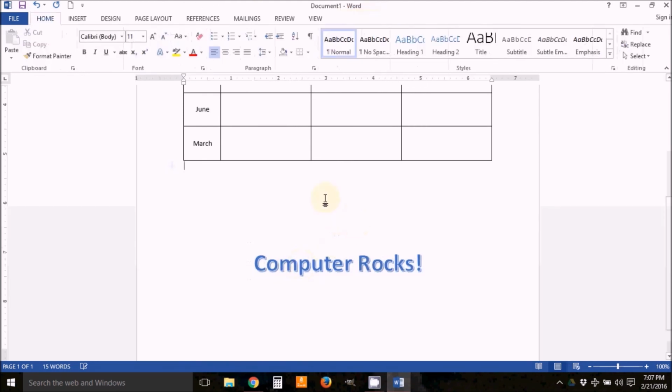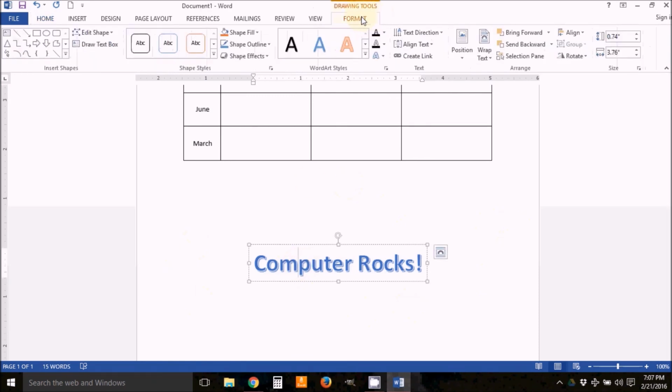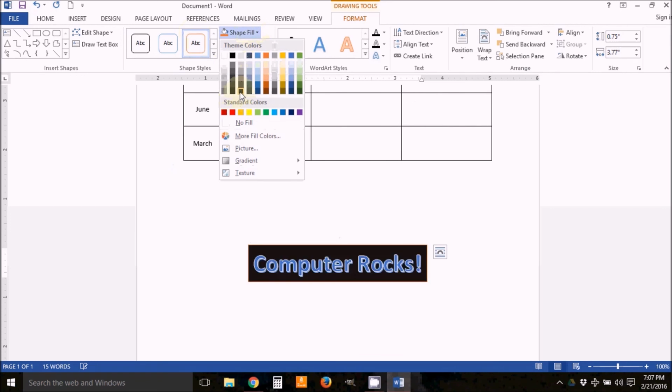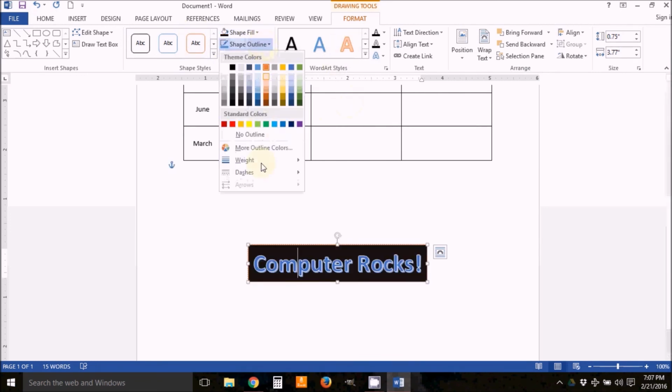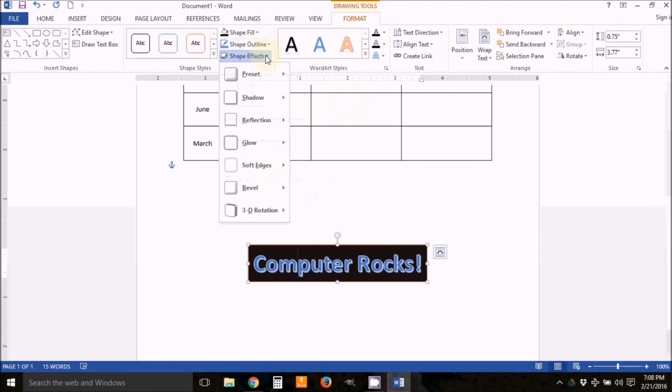There we go. You have pretty much created it. Again, now I'm clicking over here, I'm clicking all around it, I'm not getting it. But once I click on it, that format, that conditional tab opens. I click on that and I can change a number of different things. I can change the outline, the fill, meaning what's behind it. I can change different aspects of the outline, how it's shaped,